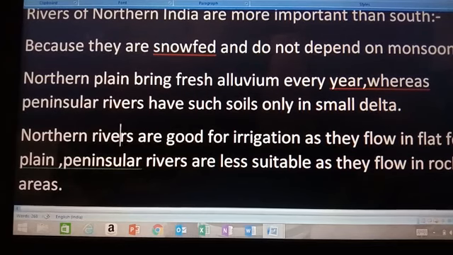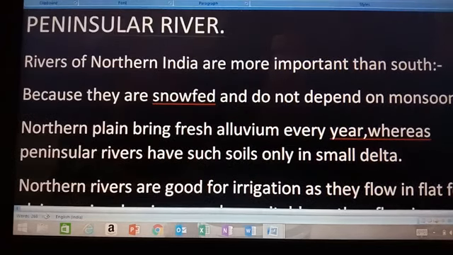We have studied the comparison between peninsular rivers and northern rivers. The northern rivers are snow fed and not dependent upon monsoon, but the peninsular rivers are dependent on monsoon.